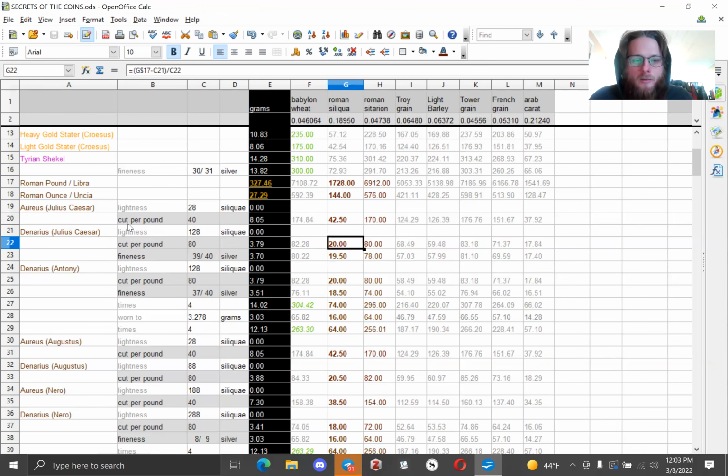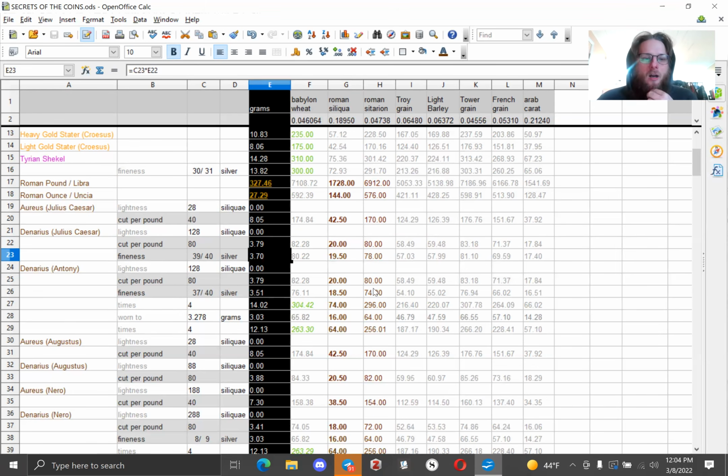Well, we have a denarius that weighs 20 siliqui, okay, which is about 3.79 grams, but it doesn't contain 20 siliqui of silver. It contains 19.5 siliqui of silver. Part of what I'm arguing is that this would have been known by dealers in money in the period, right? They know this is supposed to be the content. Now, this is a small discrepancy, but it's a very pure coin. So this would be the reference coin.